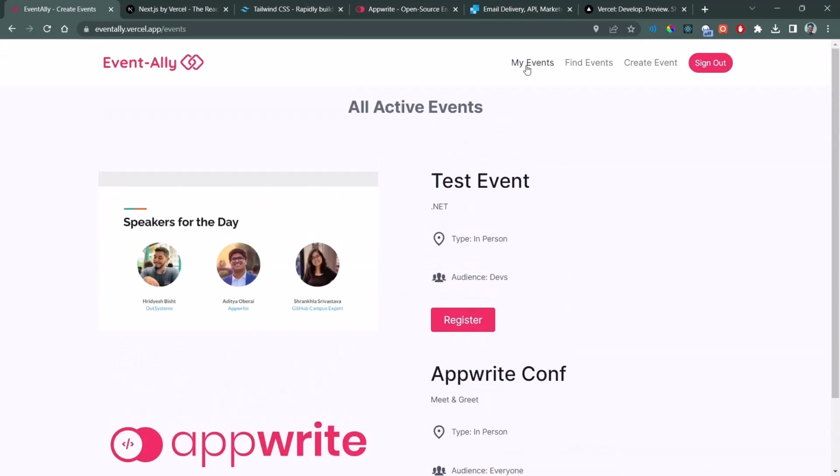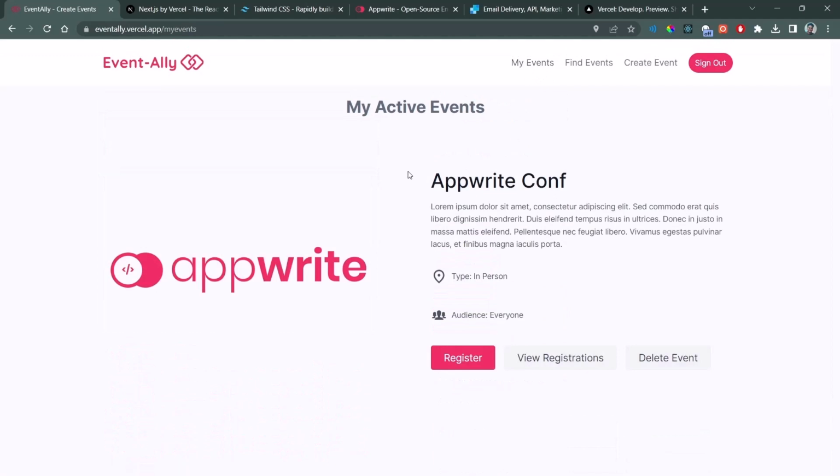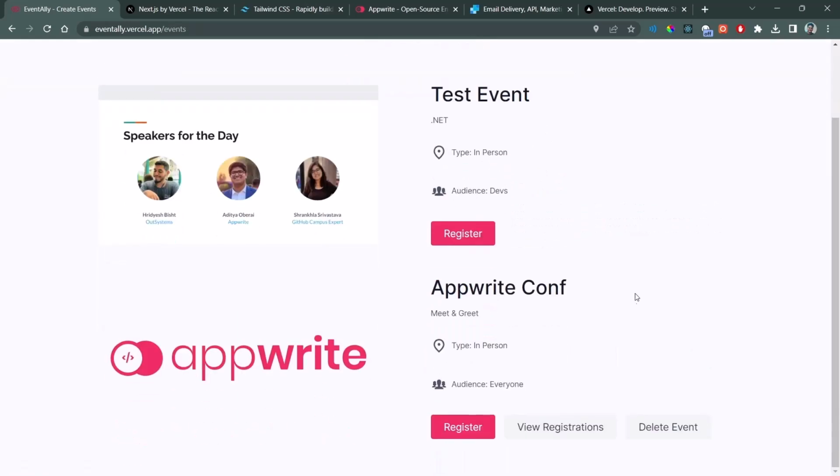And if you just click on my events page, you can see the event which you just created is now getting listed here. If you click on find events, you might notice that the event which I created has other options such as view registrations and delete event, but there's no such options for the event which is created by someone else. So if you click on register,